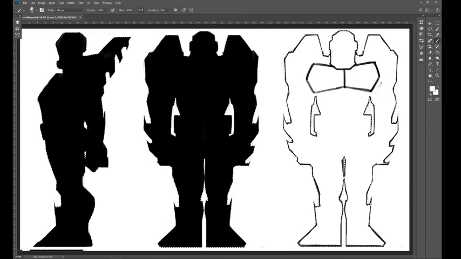But that way I can come back and we can start doing something fun with this. It feels like this is going to be the most intense part of this process, just figuring out what's going on within this giant shape.